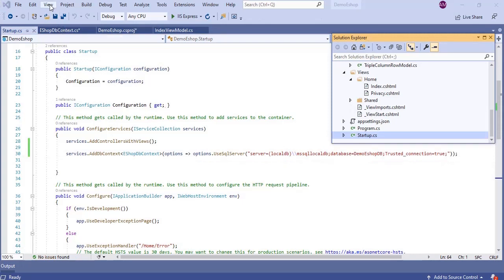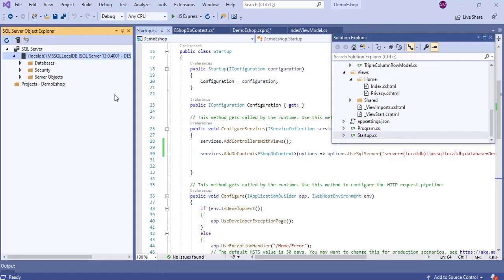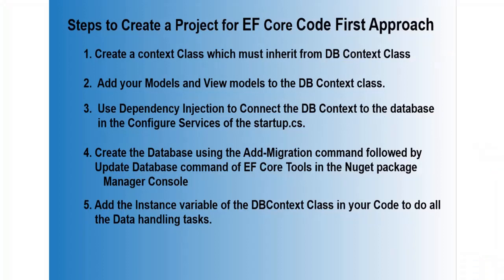Before going to step 4, we will see the SQL Server Object Explorer and make sure that it exists. Yeah, our DB server exists. Then explore the databases. There are no databases available as of now because we haven't created it. Now we'll go to step 4. What is step 4? Step 4 is create the database using the add migration command followed by the update database command of EF core tools in the NuGet package manager console.